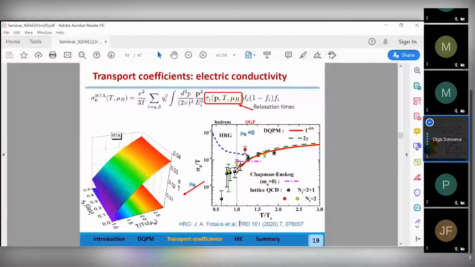Here, for example, gluons are taken into account only in the relaxation time. So for the MIB dependence, it has the same